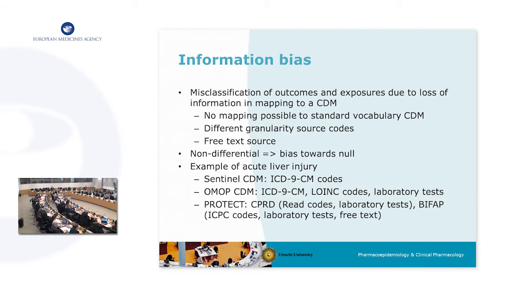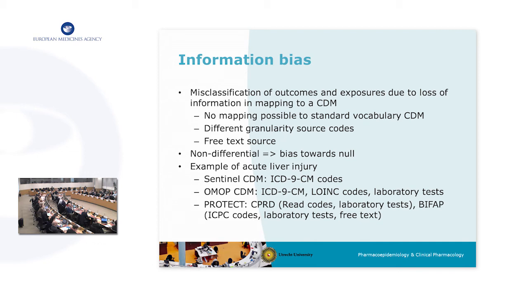This brings me to the next part of my presentation, where I would like to focus on the different types of biases. And first, I think really important is information bias, which means that there may be misclassification of outcomes and exposures due to loss of information in the mapping to a common data model. And the previous speaker spoke already quite a bit about that, so I think we need to get into the details of what information is actually lost,